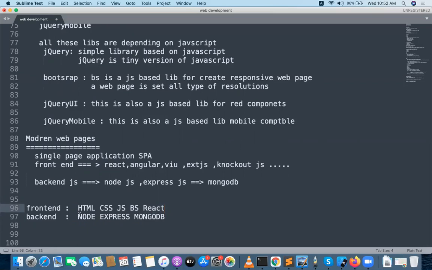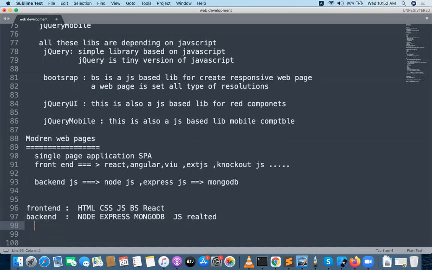Coming to the back end, Node is very interesting. It connects to the servers, generates the APIs, and integrates with the MongoDB databases. MongoDB is a NoSQL database. There is no SQL query inside it. Data is written directly in JSON format, which is very interesting. This back end is actually a JS related back end.